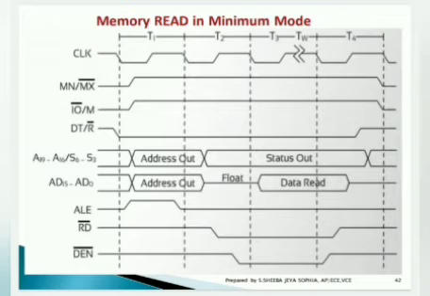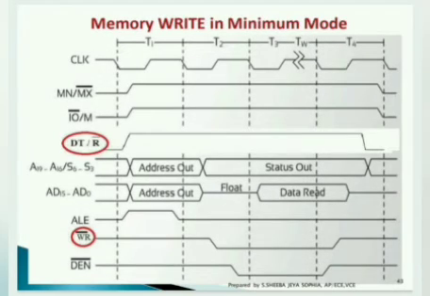And for memory read in minimum mode, the timing diagram is given here. You can see all the timings are consolidated in a single diagram. In the earlier topic, we saw every one as an individual diagram. Now we have consolidated all the things. And for memory write, there is a simple change: here you are going to read the data, and there you are going to write the data. That is represented by the red circle to write the data. That single change alone has taken place here.